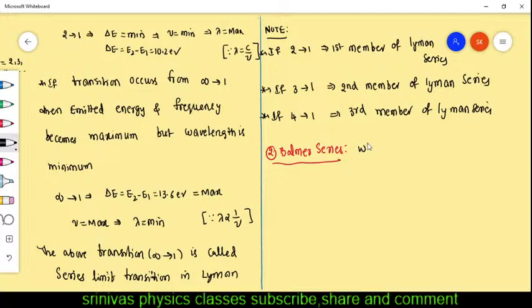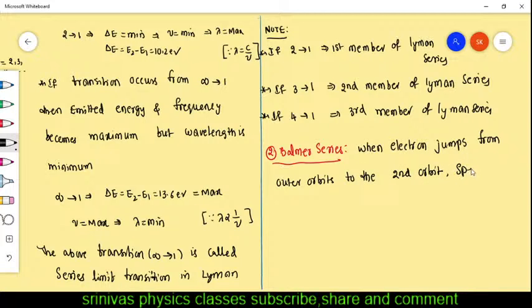Here the condition is that the electron should jump from outer orbits, higher orbits, to the second orbit. Okay,